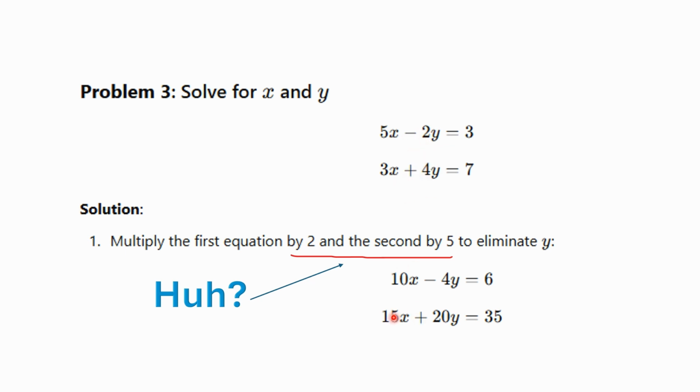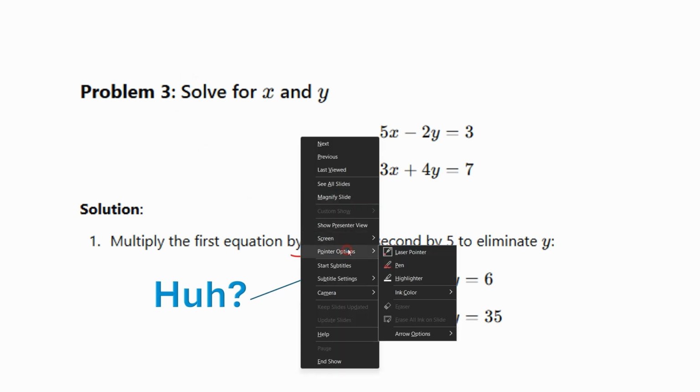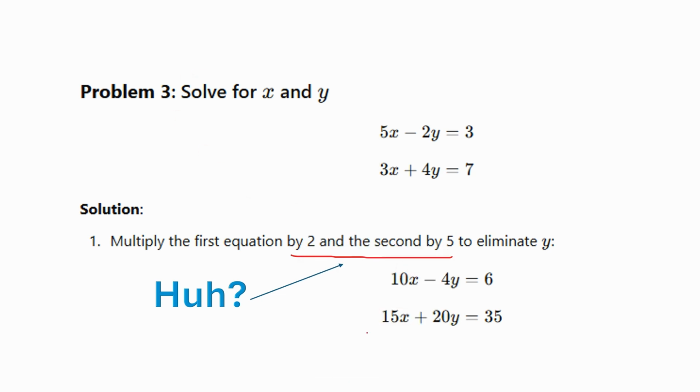But you get 3x times 5 is 15x, 4y times 5 is 20y, 7 times 5 is 35. But if I was to add these two equations together, I would have 20, well, let's see, we'll go ahead and write it out here. Let's just do that. Not very good with writing on this, but I would have 25x